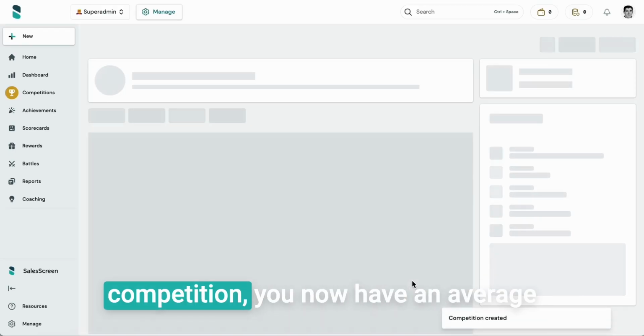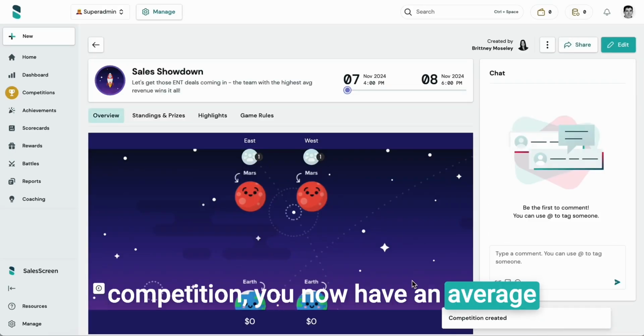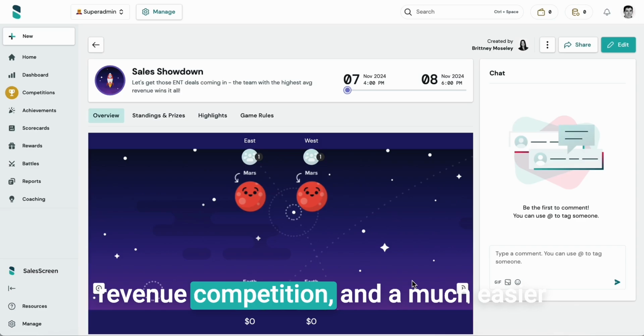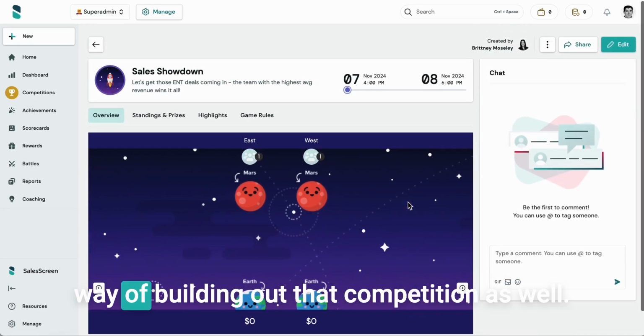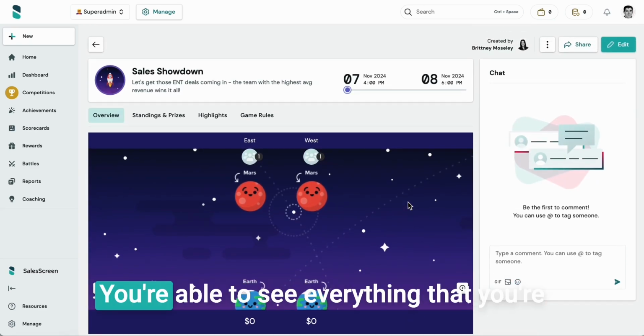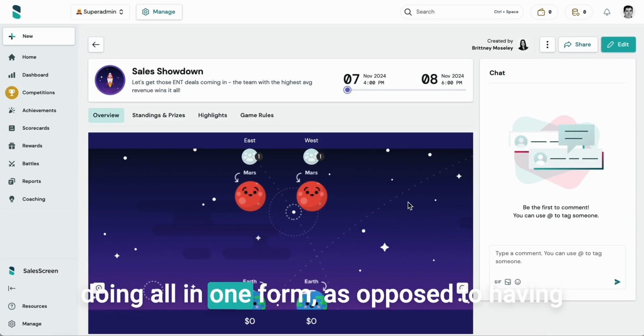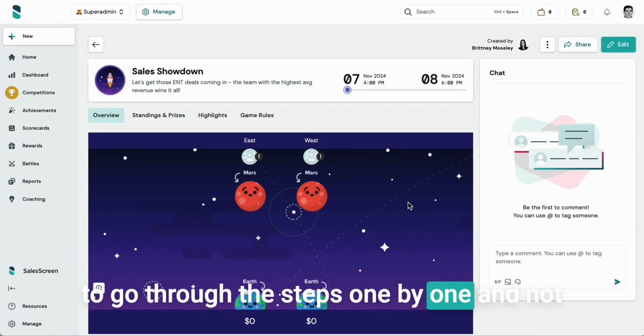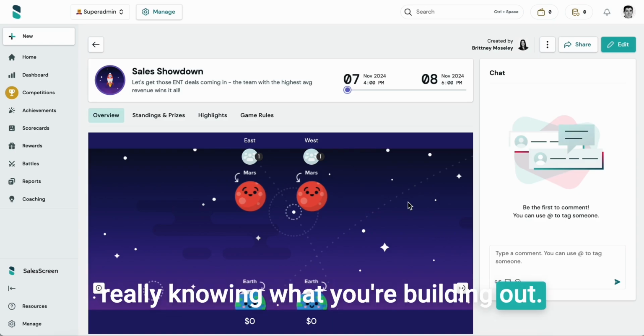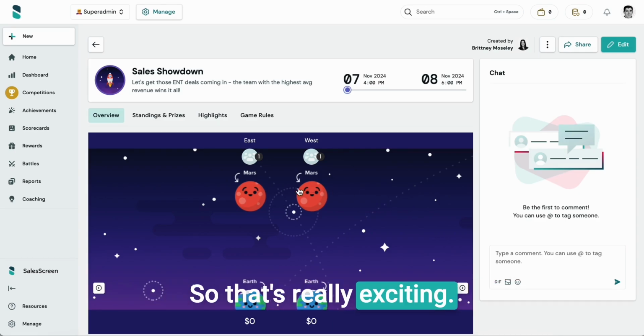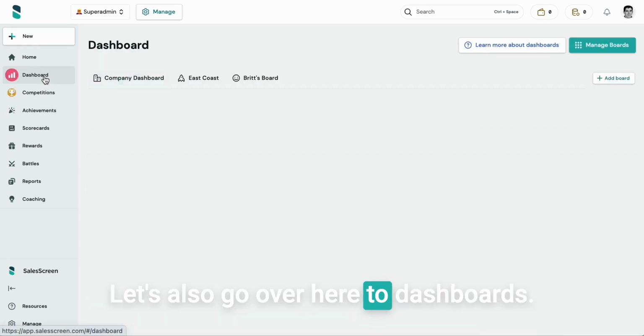From the standard competition, you now have an average revenue competition and a much easier way of building out that competition as well. You're able to see everything that you're doing all in one form, as opposed to having to go through the steps one by one and not really knowing what you're building out. So that's really exciting. Let's also go over here to dashboard